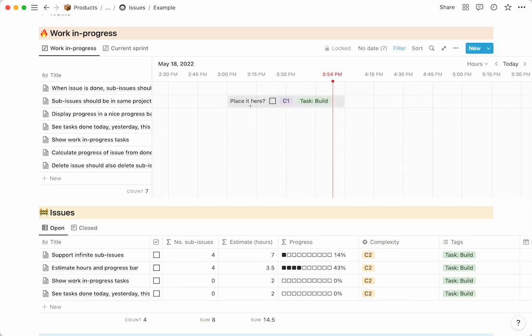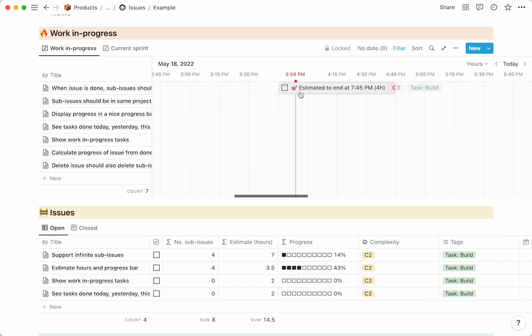So we have a view called work in progress. This will show all of the tasks that are being worked on at the moment. So I can select this task and pick it here. So I'm currently working on this task. The current time is like